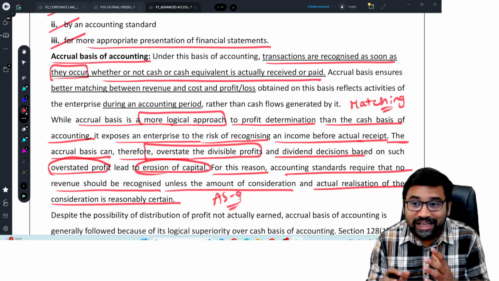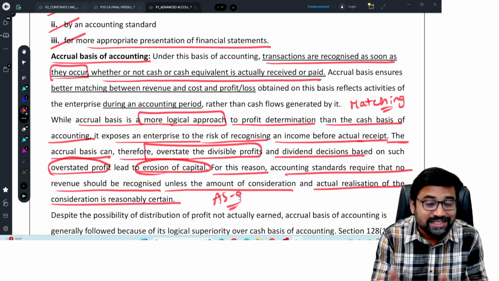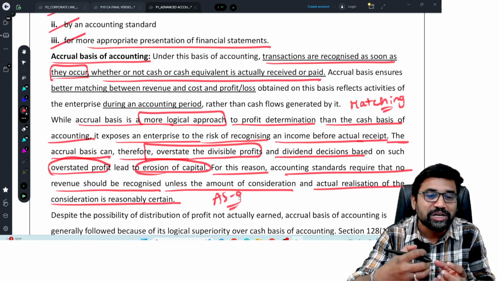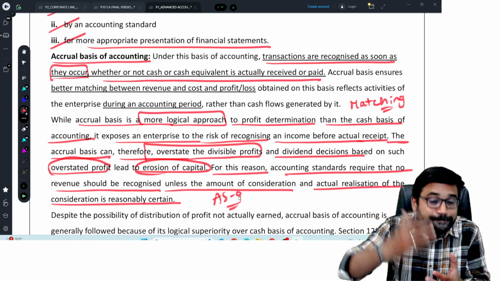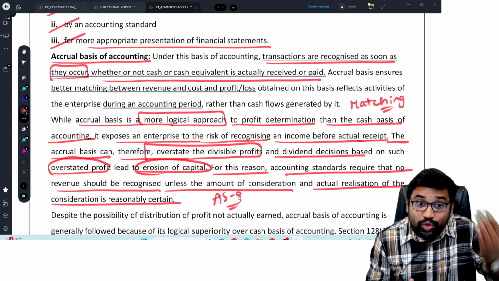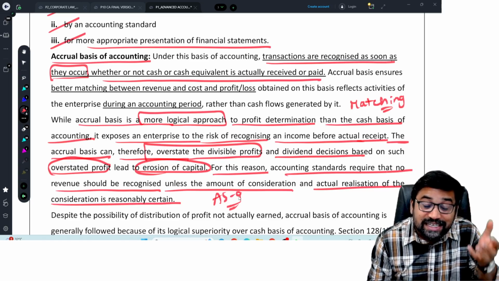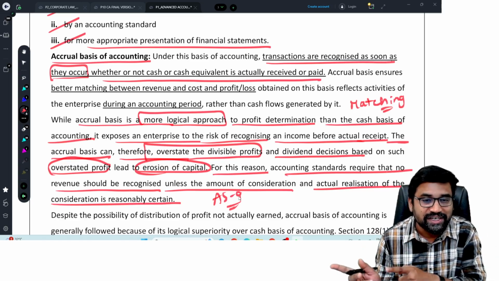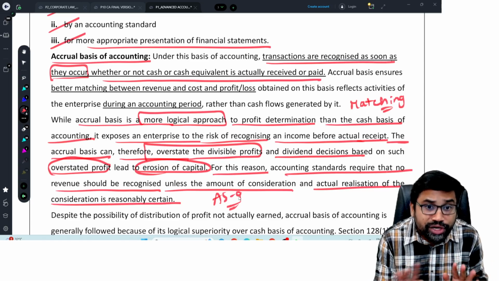So therefore, remember, accrual concept sometimes may violate the concept of prudence, but then accounting standards came into picture and rescued the concept of prudence and made an exception for accrual concept. That means whenever we sold the goods, whenever we earn income, we will recognize only when there is a certainty in collection as per accounting standard. That means we do not recognize when they occurred. When the sale happened, we don't recognize.